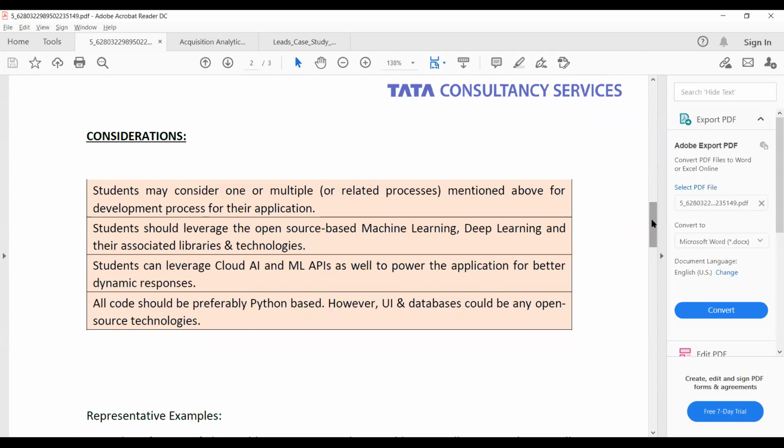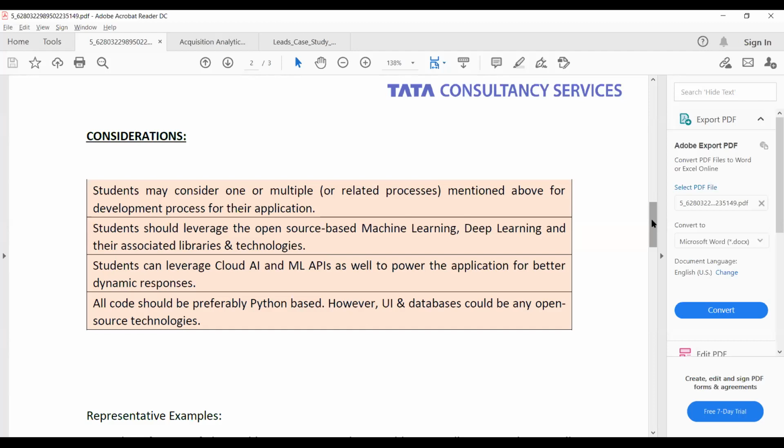I will tell you what exactly it is talking about. And students can leverage cloud AI ML APIs as well to power the application for better dynamic responses.